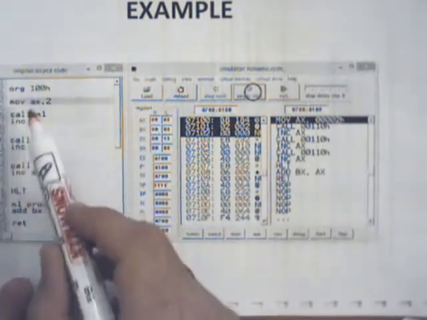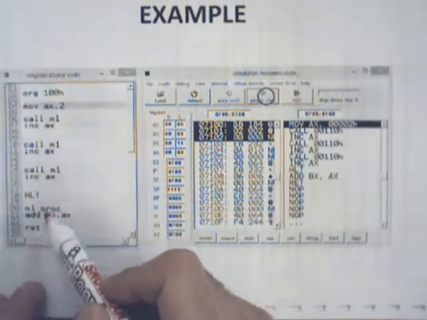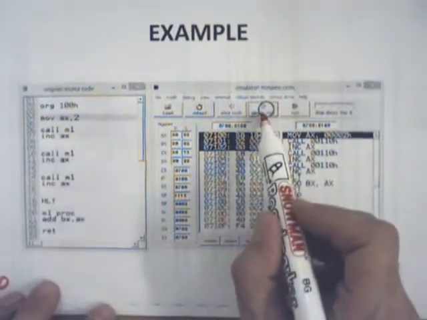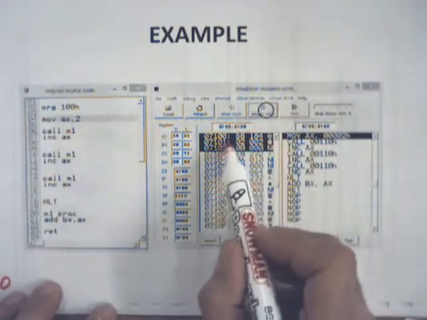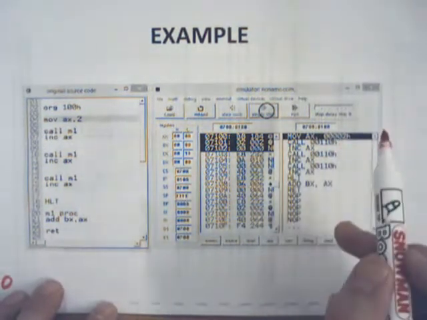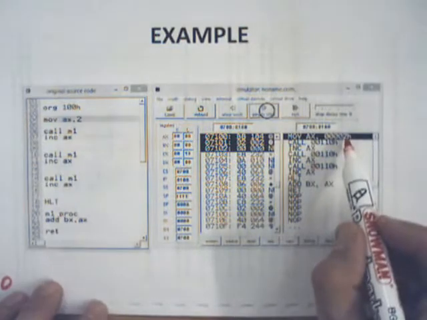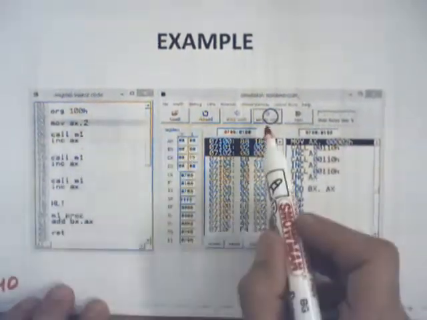So what happens when we use an emulator? We write the same program to the editor screen, and then as soon as we run the program, the first line, which is the move AX 0002 hex, is being executed. In the next line,